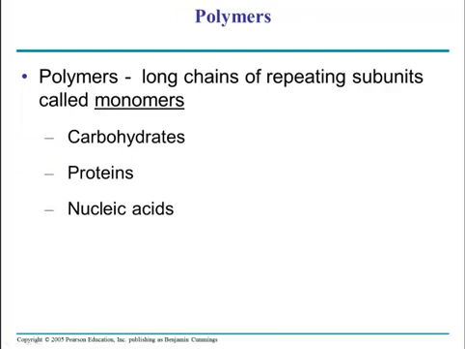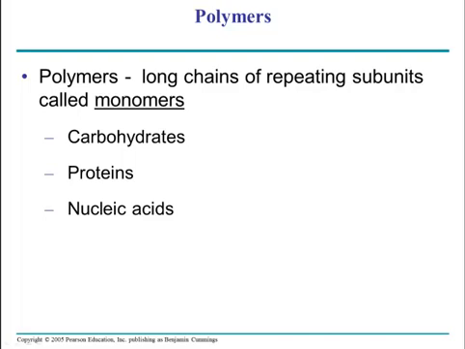Three of these four groups of macromolecules can be called polymers, which are long chains of repeating subunits. The subunits, or small pieces, are monomers. Just like we have 26 letters in the alphabet, and we can make many words, short words, long words, words such as the with 3 letters, words such as carbohydrates with 13 letters, longer and shorter words. The idea with monomers is that they're small pieces that repeat. Even if they're not exactly identical, an A is different than an E, is different than an O, or a U, or an I, they're similar enough that we can call them monomers or subunits. So polymers have many of these subunits